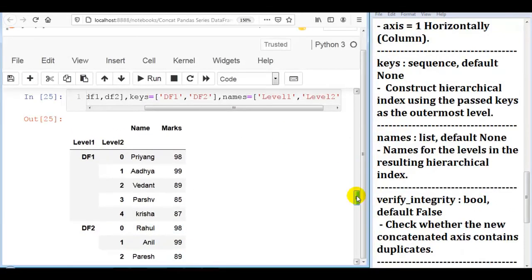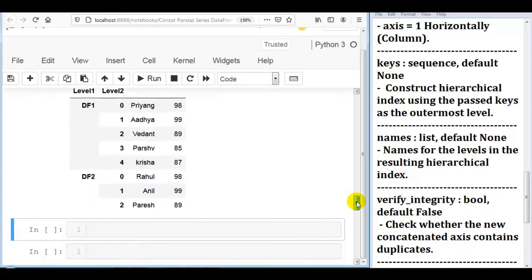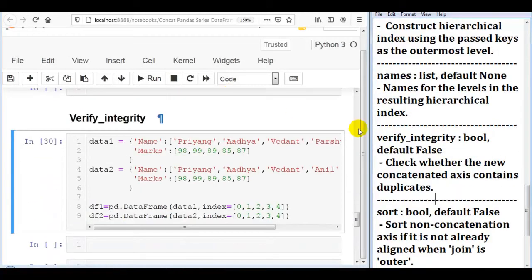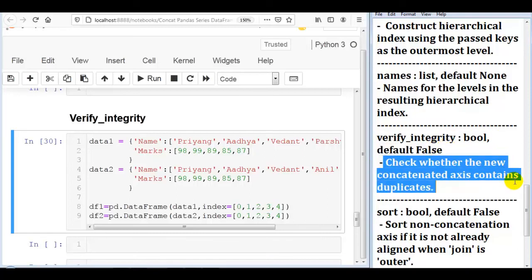Now let us discuss our next parameter, verify_integrity. verify_integrity can take a boolean value, True or False. By default the value is False. verify_integrity checks whether the new concatenated axis contains duplicates or not.